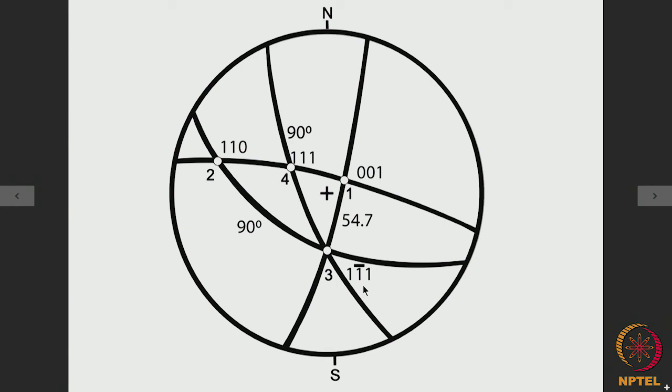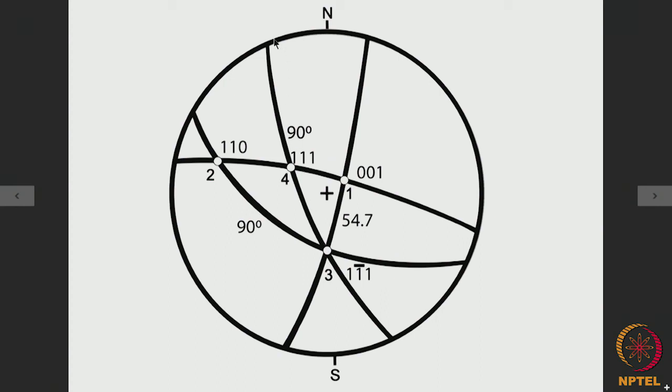Now, you see this fixes the location of point 2 unambiguously, but it does not fix the location of points 1 and 3 unambiguously, because 111 could be there, and 001 could be here. In that case also these angular relationships are satisfied. So, in order to be convinced that this is really a 001 and this is a 111 location,